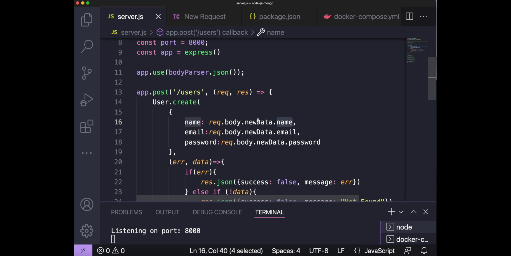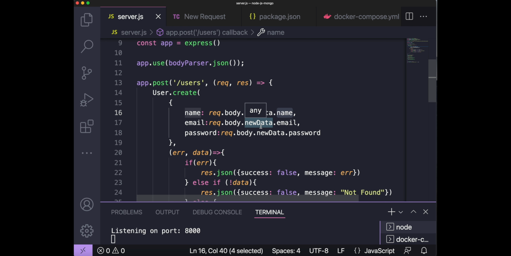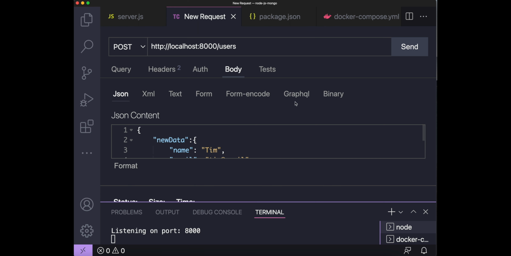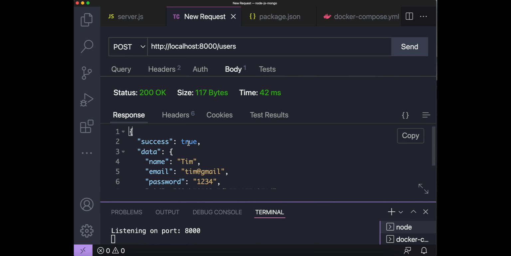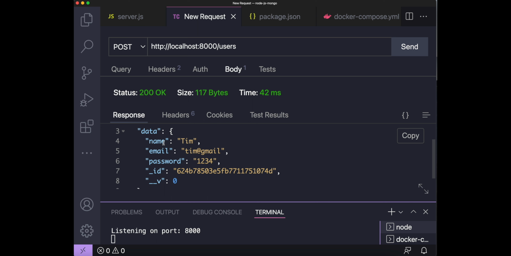I've just put this newData in order to make it easier, like newData.name, newData.email, instead of body.name, body.email, body.password, because then you can say, oh yeah, there is this newData, which encloses everything. So if I hit send,